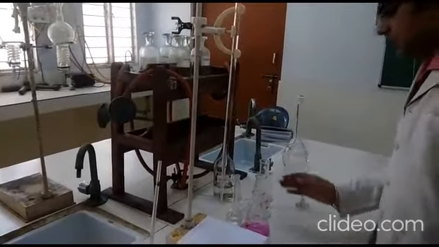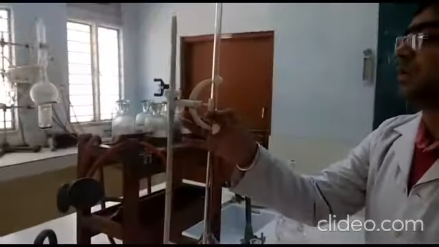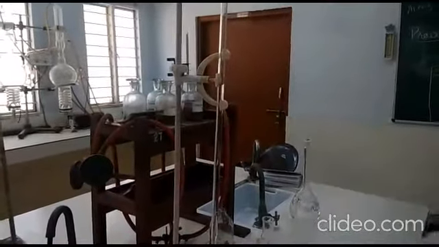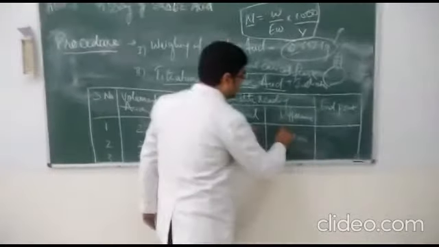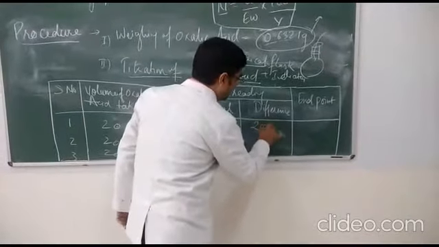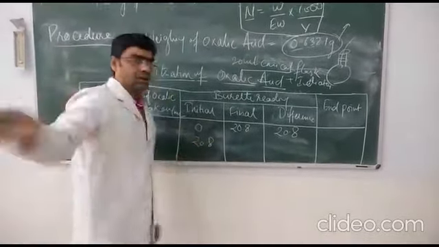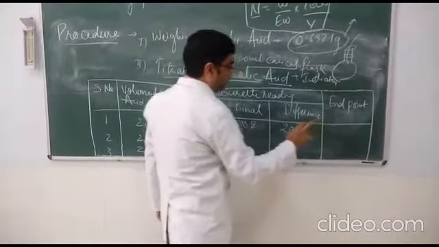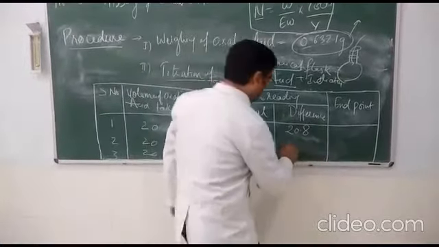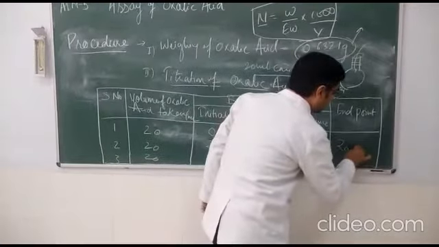Now we will repeat it thrice so that we get the concordant value. Here the reading you can note is around 20.8 ml. So we will note this reading here, 20.8, and the difference is 0 minus 20.8, which is again 20.8. Then we will start with 20.8. Whatever the next reading will come, we will put it here. Then again the difference we will put here. Then finally we will note the endpoint. Suppose we are getting the difference again 20.7 and 20.7. So our endpoint is 20.7.